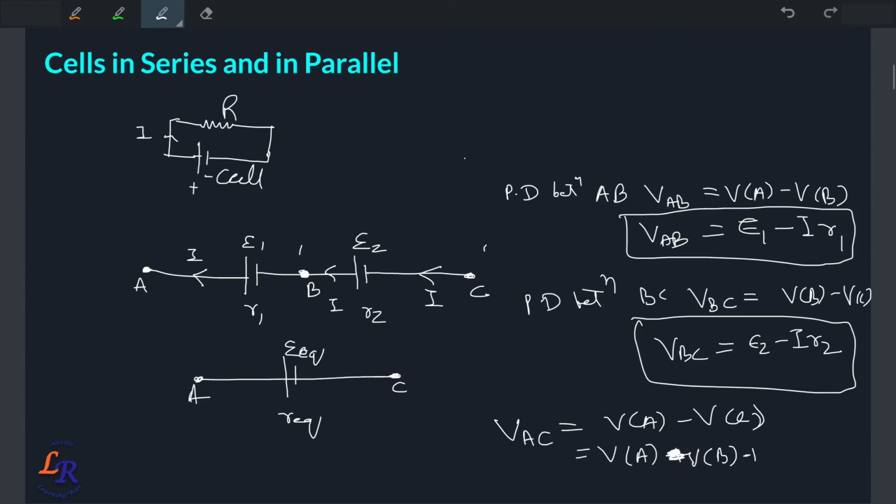Let's say here you can minus B, and then you add plus B, right? So it will not matter, and then you have minus VC. Okay, so you just slightly arrange, and then you can write these two as VAB plus VBC, the potential between these two. So you add up both, and then you can write